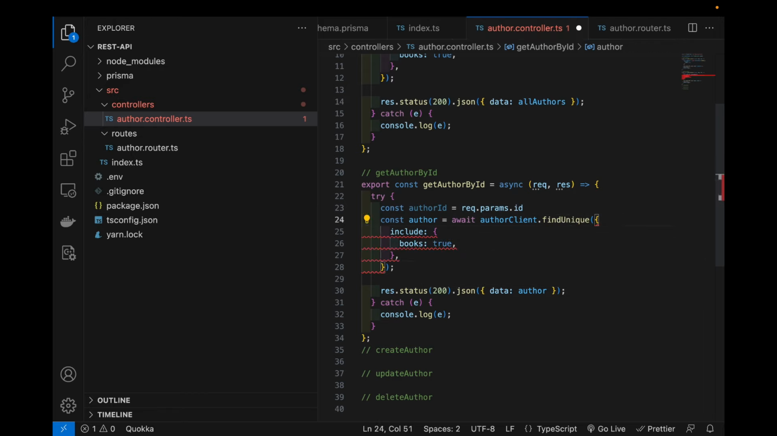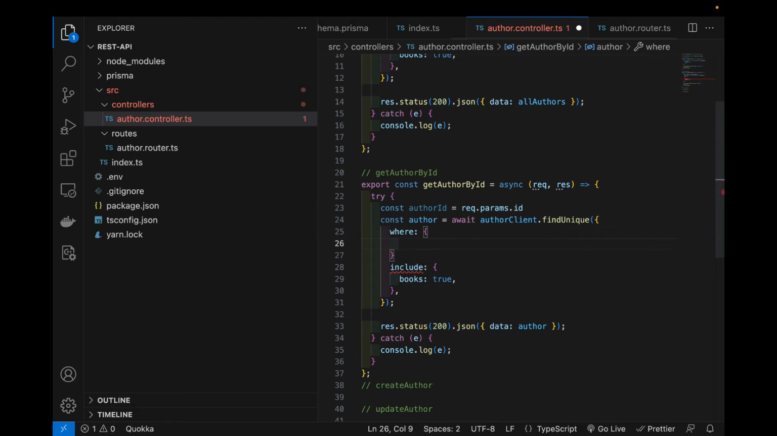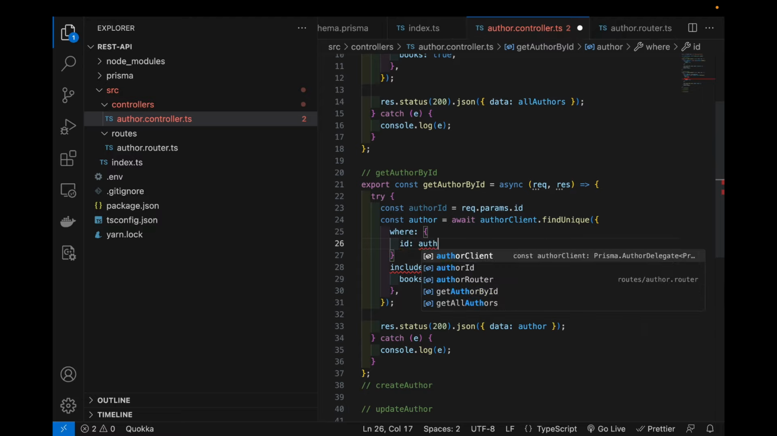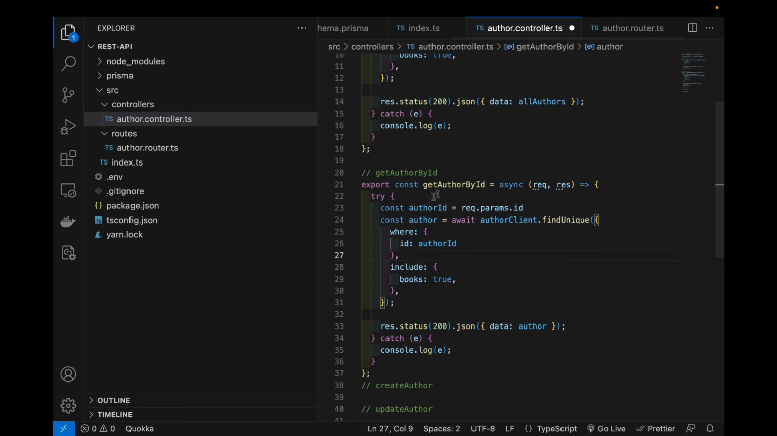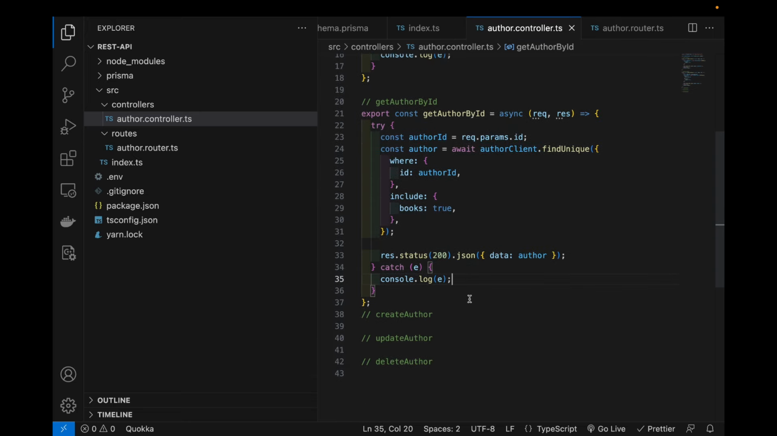And for that, we need to pass in where, and that will include our filter. So we're going to say where our ID equals the author ID we passed in. And that should be it. Now I will finish the rest of this, and then we're going to tie in everything at the same time